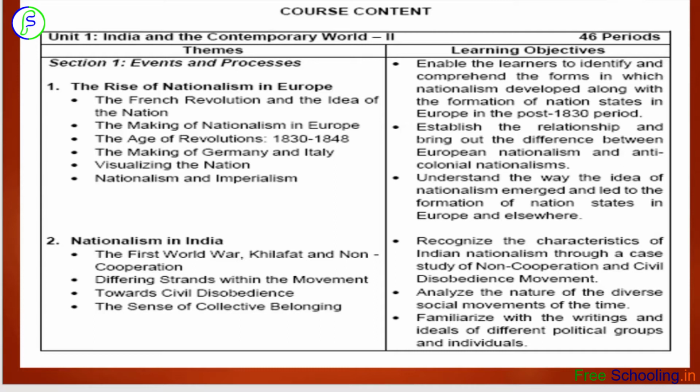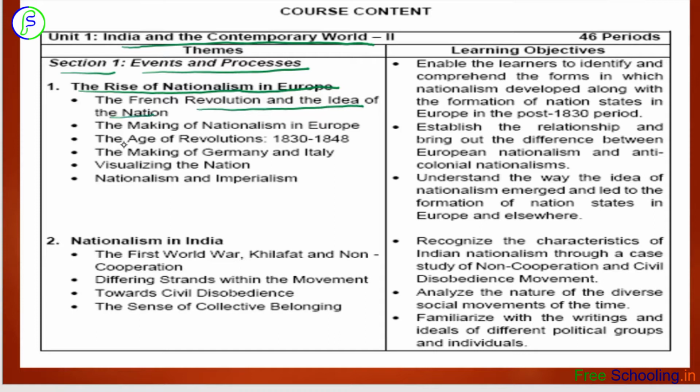But now let us see what all is coming in board examination. So first we will be covering India and the Contemporary World, that is your history. And in that we would first be seeing section 1, that will be events and processes. So the first chapter that we have out here is the rise of nationalism in Europe. Okay, and now the topics covered in here are the French Revolution and the idea of